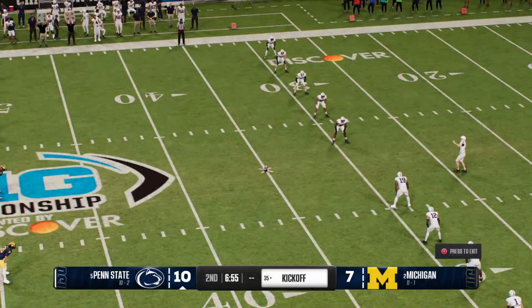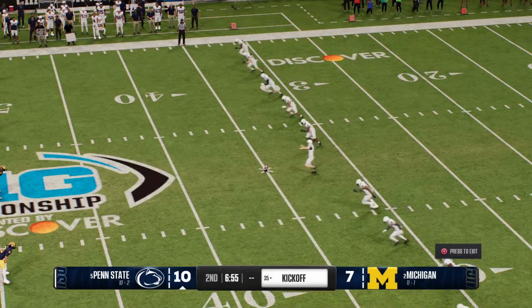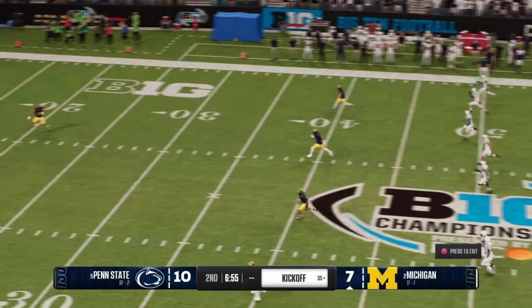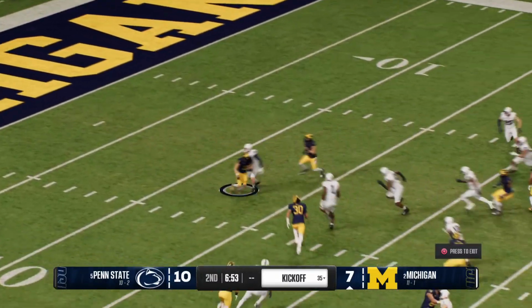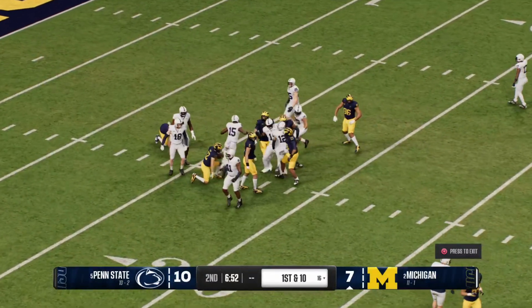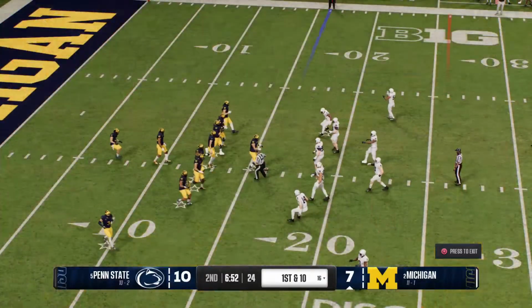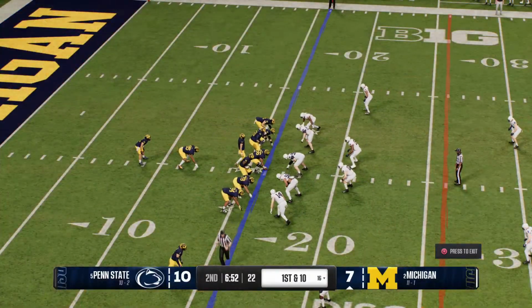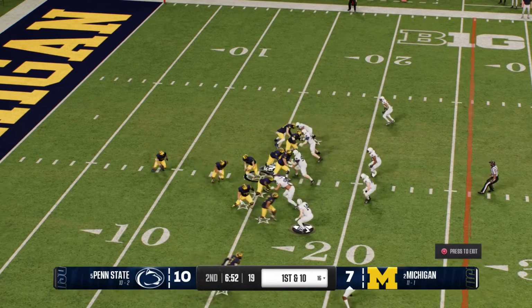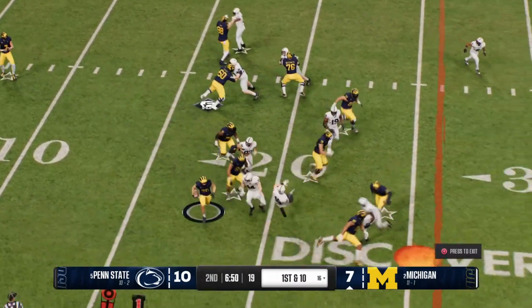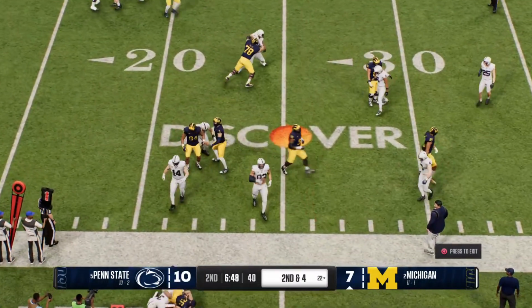So after the field goal, the kicker out there again to boot it away. He'll bring it out from his end zone. And he's brought down at the 16. Would have been better off leaving it in the end zone for a touchback. And the Michigan offense back out on the field. On that last touchdown drive, they just pounded away with the ground game. Let's see if that formula works again.